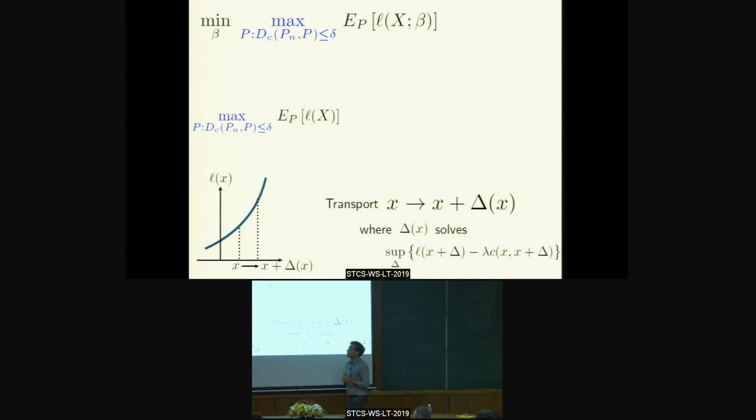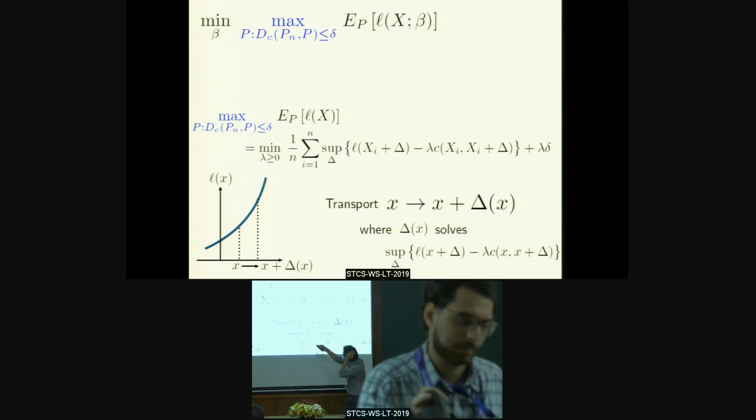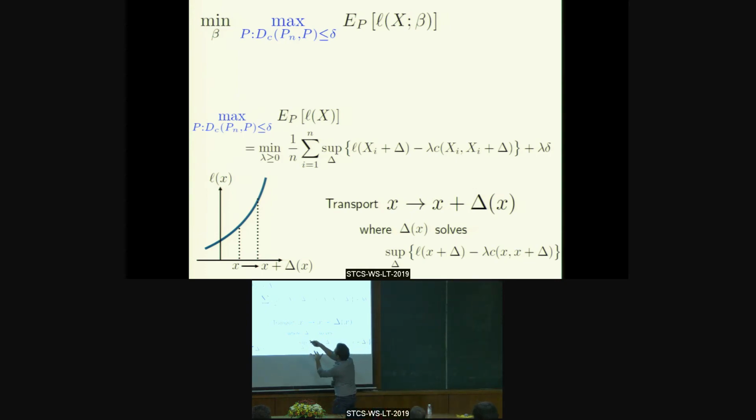So C is the transport cost. Think of a Euclidean cost. A point x gets moved to x plus delta x. This is the adversarial perturbation, and delta x is not just a random x; it specifically solves this optimization problem. And if I want to represent this equivalently,